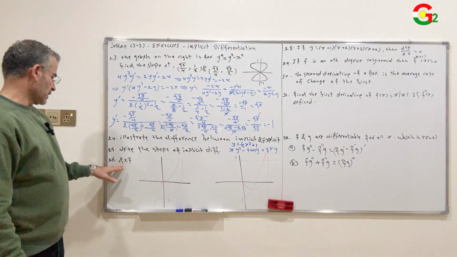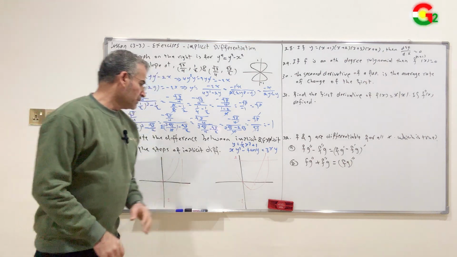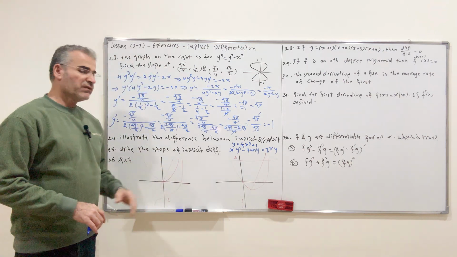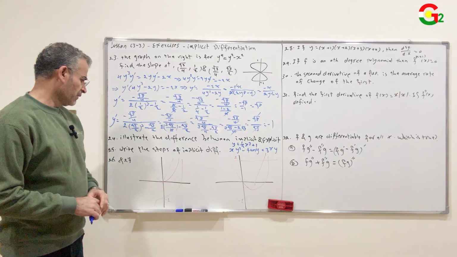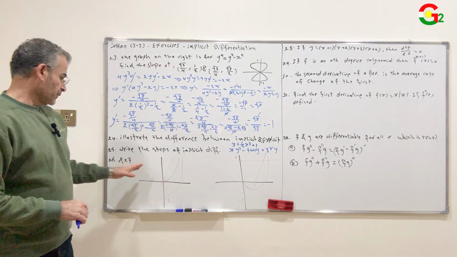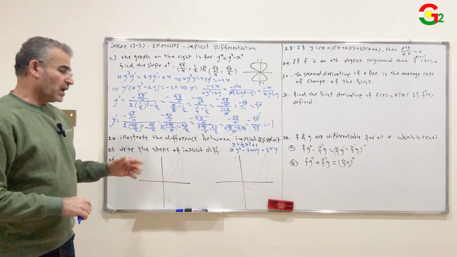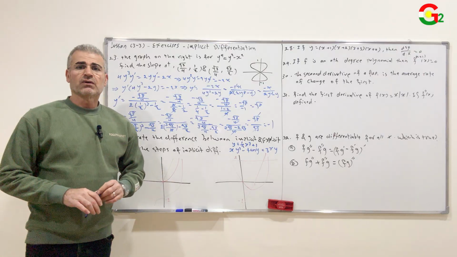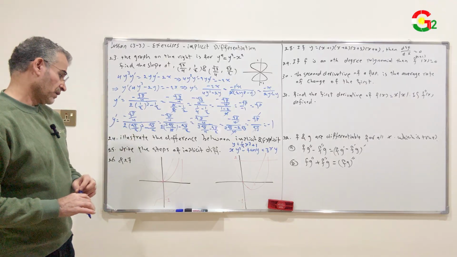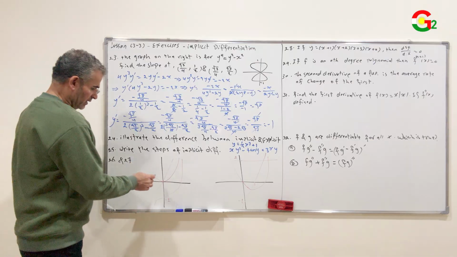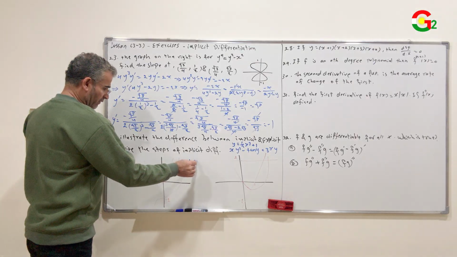Question number 26 and 27. These graphs are for the function f and its first and second derivatives. Determine which graph is for the function, which is for the first derivative and which one is for the second derivative. For this graph, it is easy to see that this graph is for the function f,